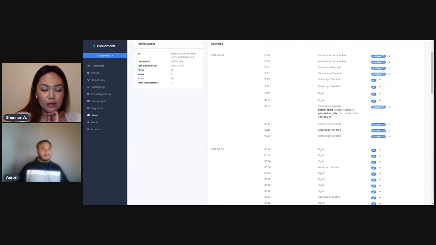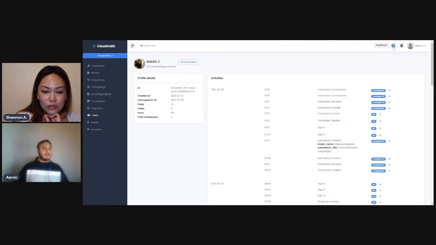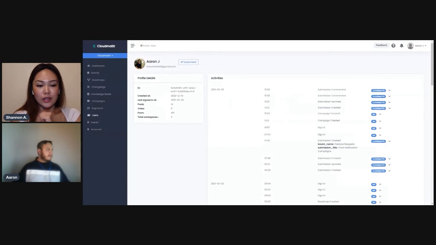We even, like one of the other events that we track through Cloudmattr is on the knowledge base. I forgot to mention, and I can go over it real quick. It opens in a new tab. Let me just open this up real quick first, and then I can pull it in. But one of the things that